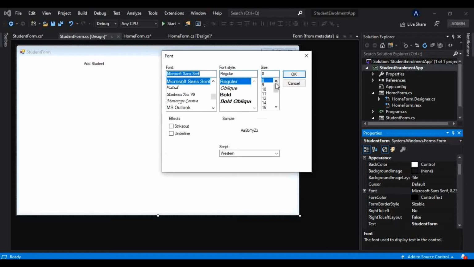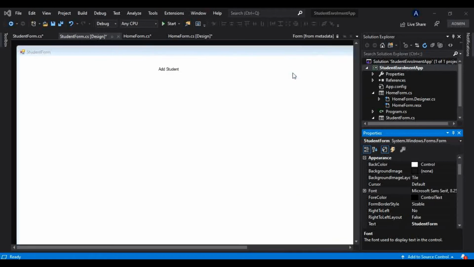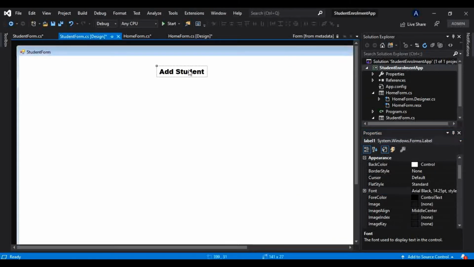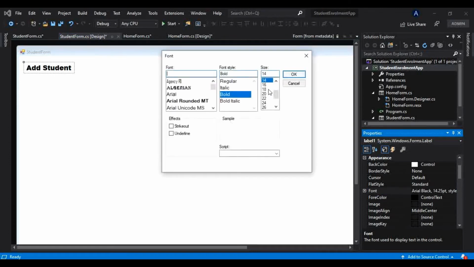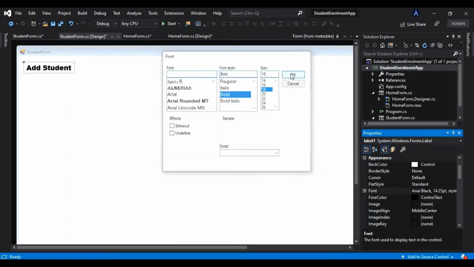So here we can change this font, and I will make that 14 maybe, and I will make that bold, and also I want this as Arial. Okay, so Arial, and Arial black maybe, not bold, and I will click OK. So okay, this gets generated here, and I will place that here, and let's say I want this as 18 maybe, not 14.